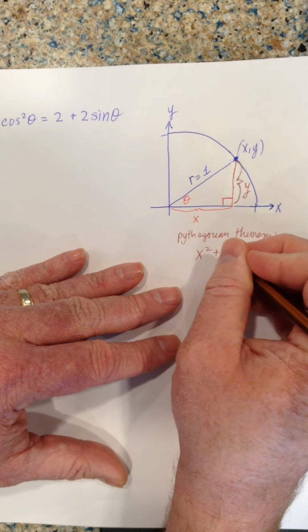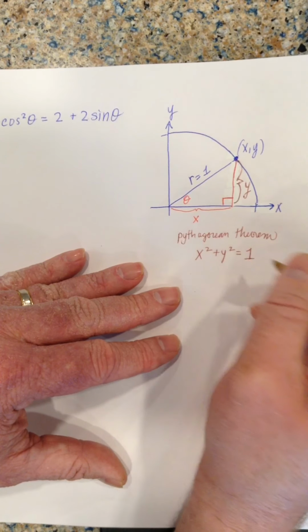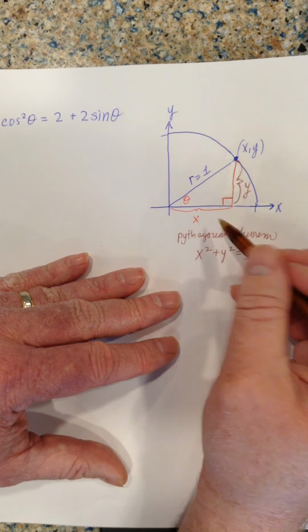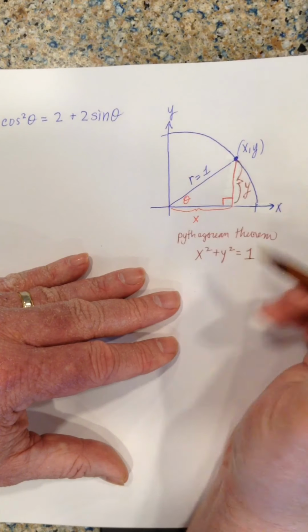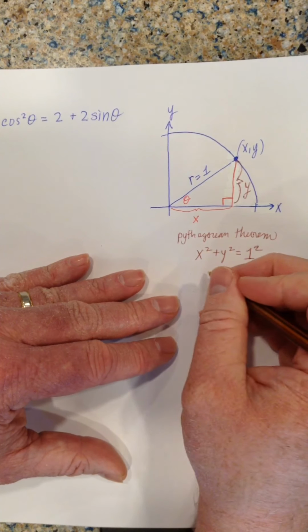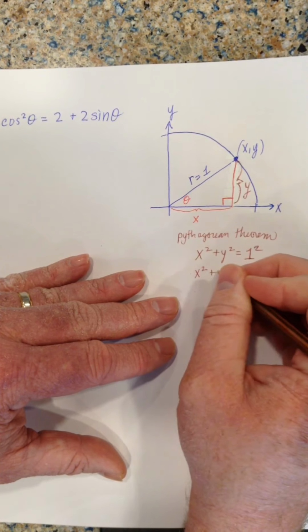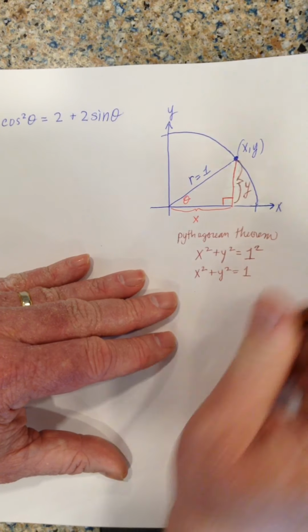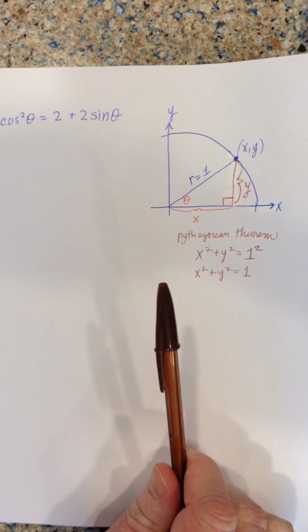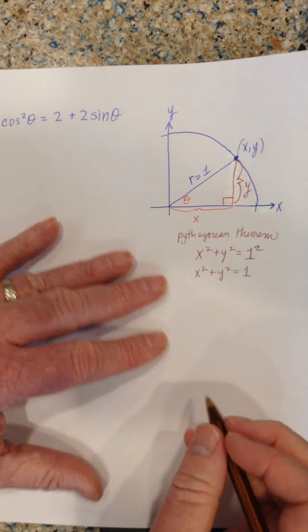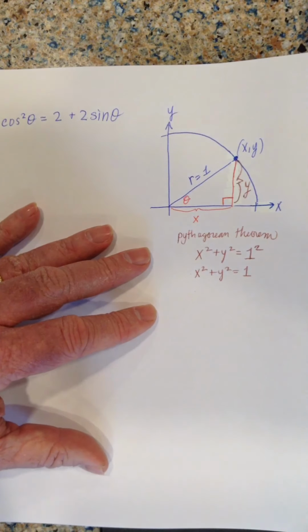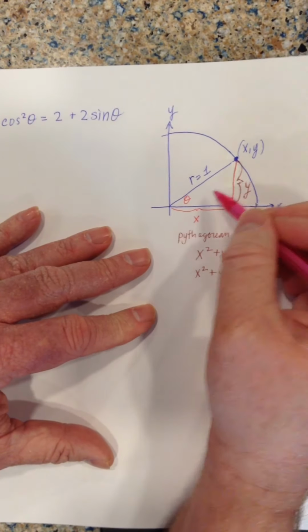that x squared plus y squared equals 1. Okay? This side squared plus this side squared equals this side squared, 1 squared. So I can just say it's x squared plus y squared equals 1. Now, there's some other things that you should know, okay? That if I look at this right triangle,